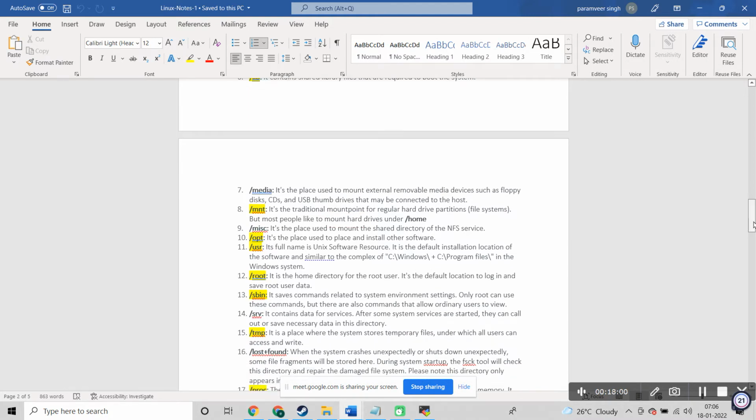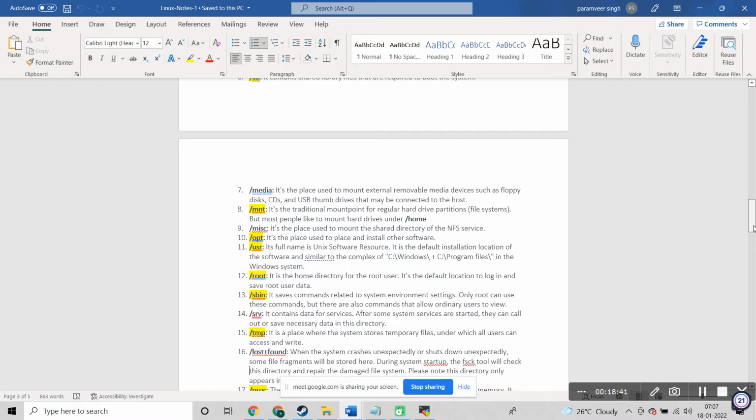And then OPT will be there. In OPT, you install software. If some software you need to keep, like yesterday we downloaded our Java software, right? Let's say you have to install it, there are two different ways. Up to now, the software you download is like an exe file. If it is a Mac, the file extension will be deb, or some other extension. I don't remember the extension exactly, but the extension will be different, that you remember.